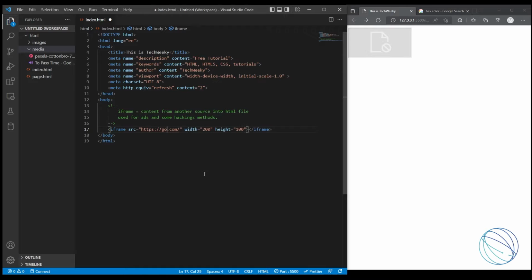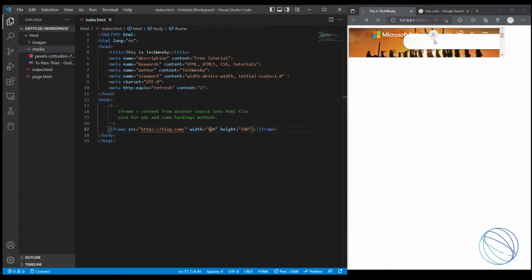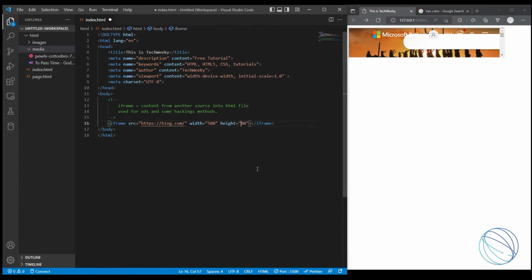but some websites will still use it, like bing.com. If I refresh it, you can see here it's bing.com. I need to just extend its size like 500, and you can see here is Microsoft Bing, and if you want you can increase this to 800,